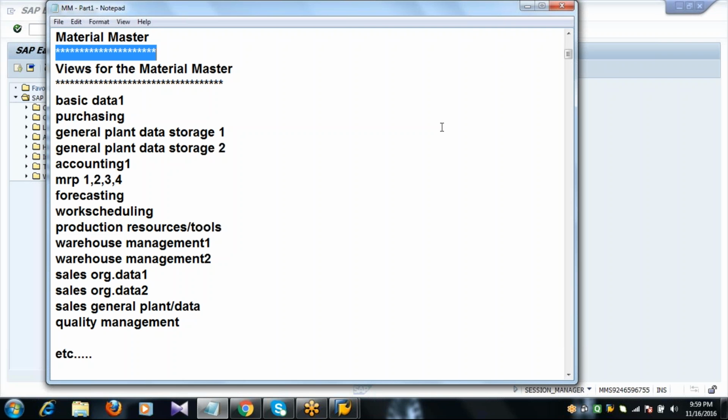So coming to the views for the material master, here we have different types of views.